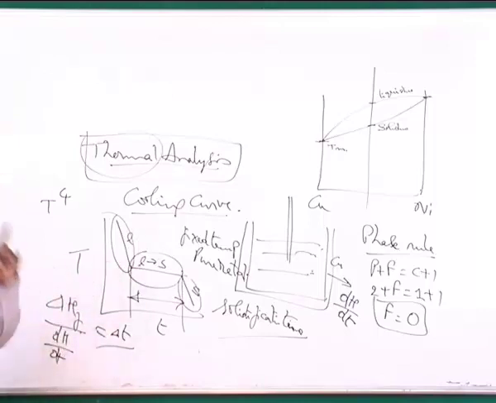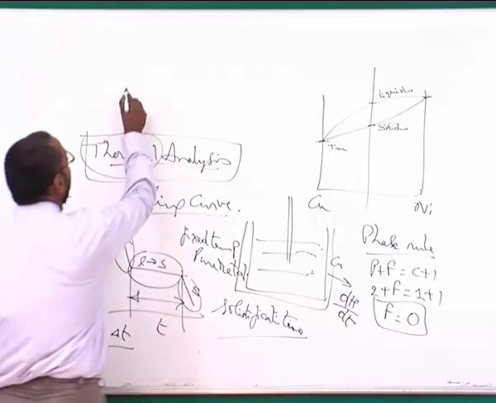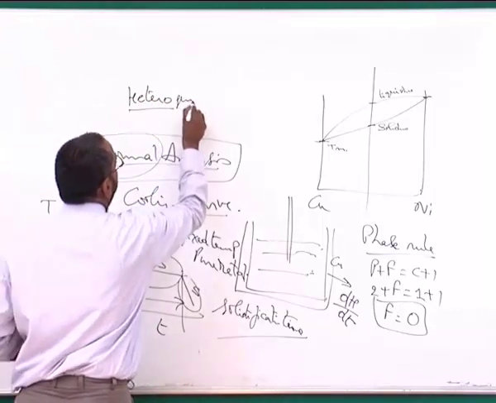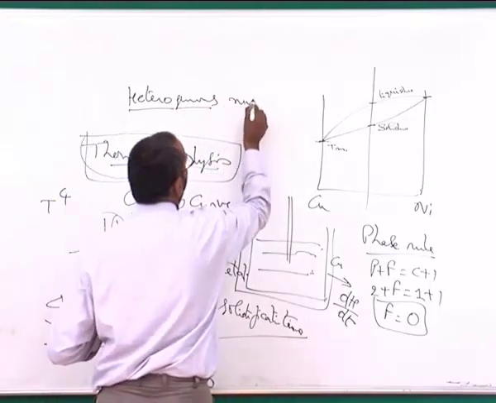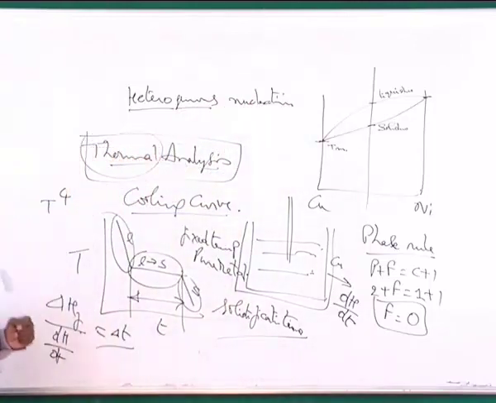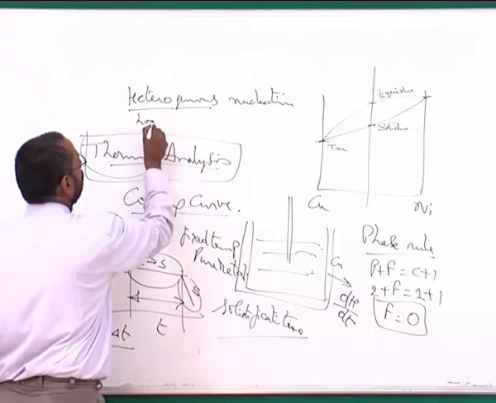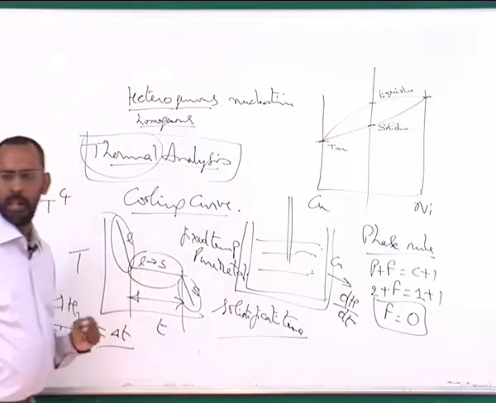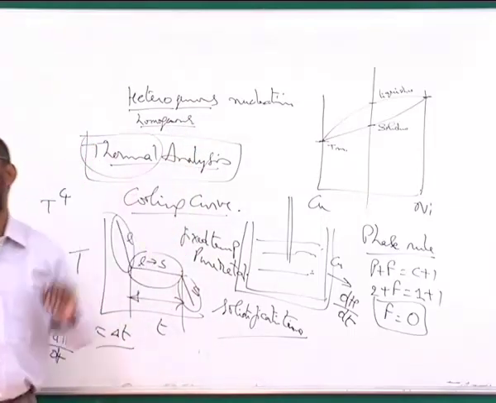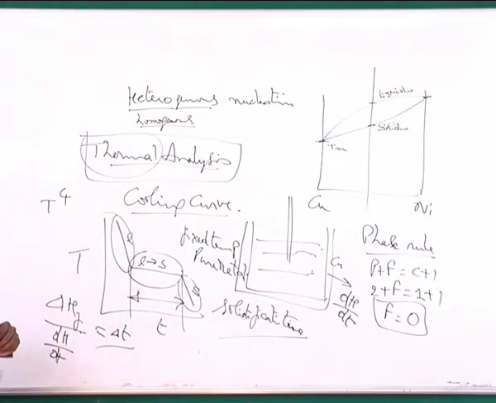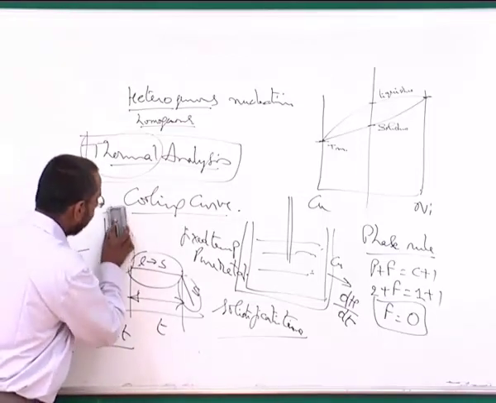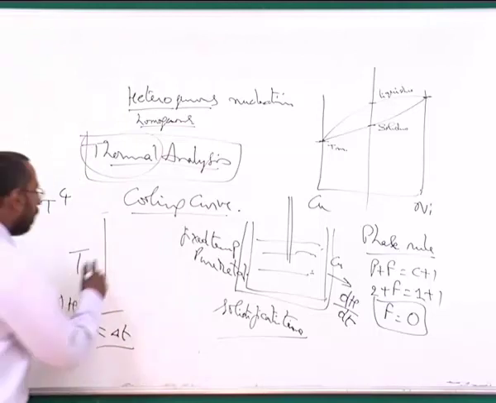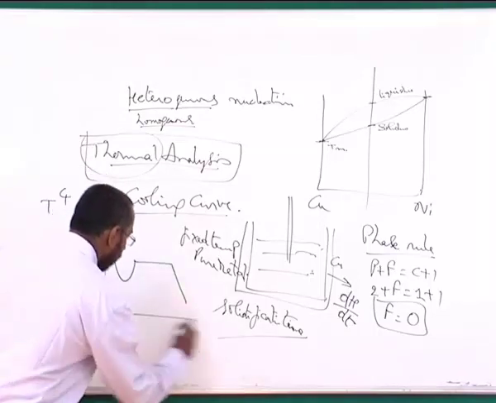But this is all for one particular type of solidification, which we call heterogeneous solidification involving heterogeneous nucleation. If a solidification involves homogeneous nucleation, which is not usually observed, because there are always certain heterogeneous sites available in most liquids, and as a result you see heterogeneous nucleation most commonly. Otherwise, if it is homogeneous nucleation, you will not see this kind of cooling curve, but you will see a slightly modified cooling curve, which is something like this.